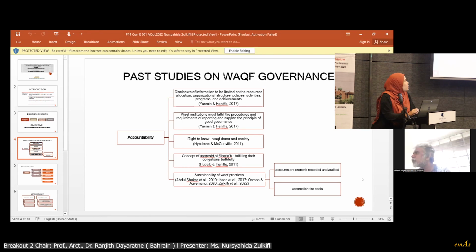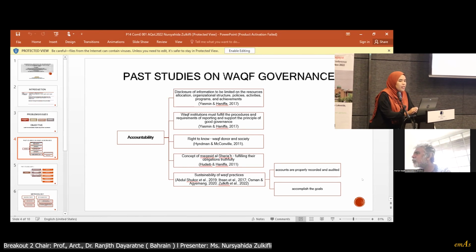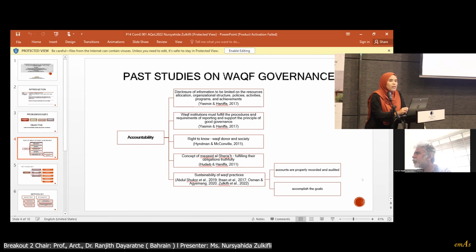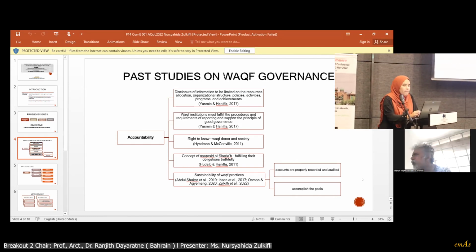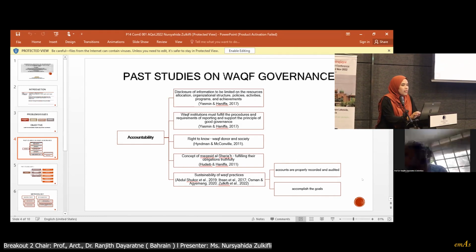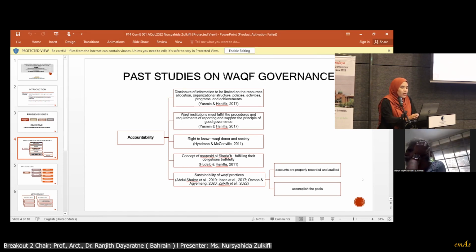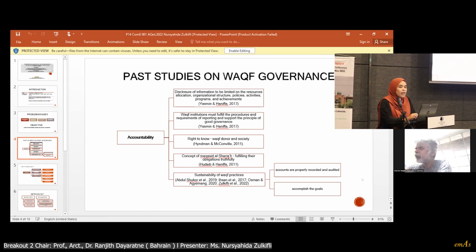The other one, according to the Islamic principle, is consistent with the maqasid Sharia, which is this accountability practice from the Ottoman Empire. And the most important thing is accountability in managing or governing the wakaf, for the sustainability of wakaf practices. So how to sustain the wakaf practices? According to the authors, the accounts are properly recorded and also must be audited, to accomplish